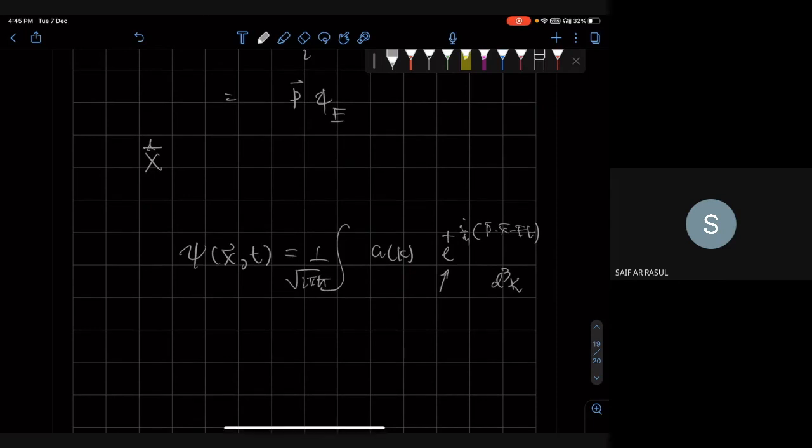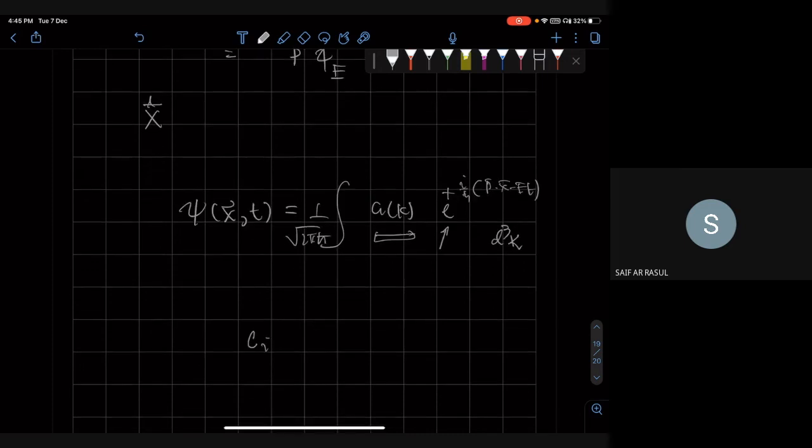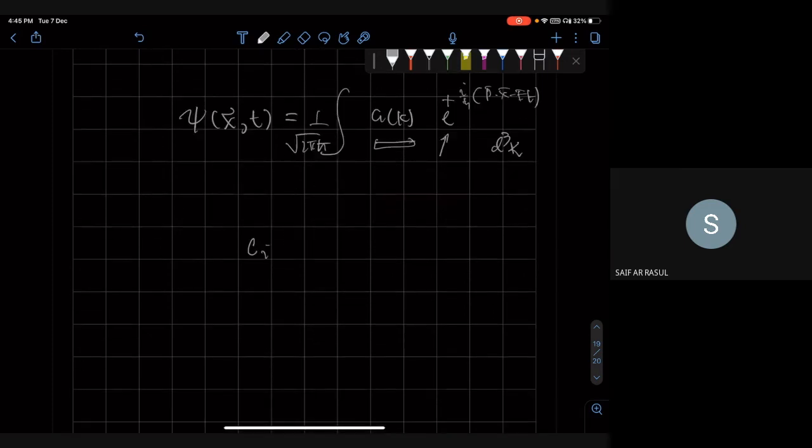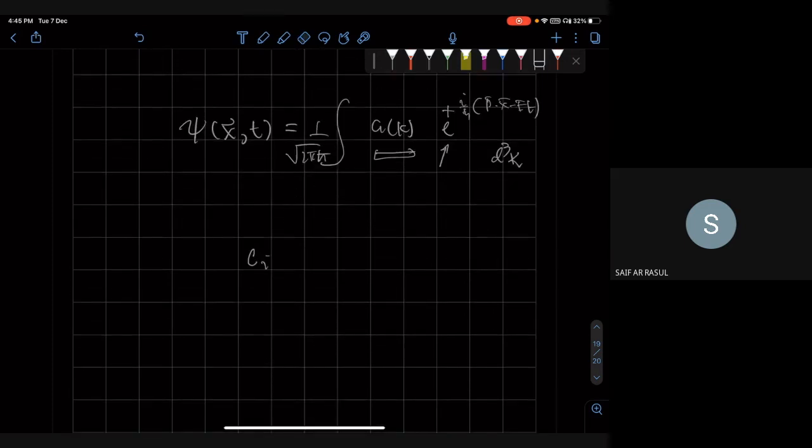These are the energy eigenstates, and these are the coefficients, like the C_i's. Okay? So if I ask you what is the